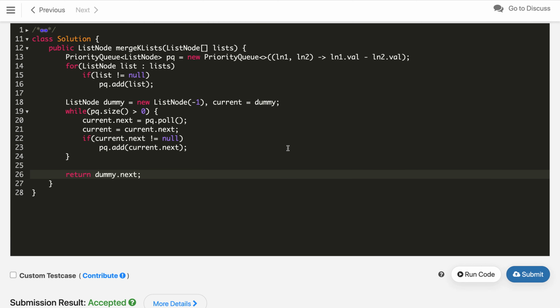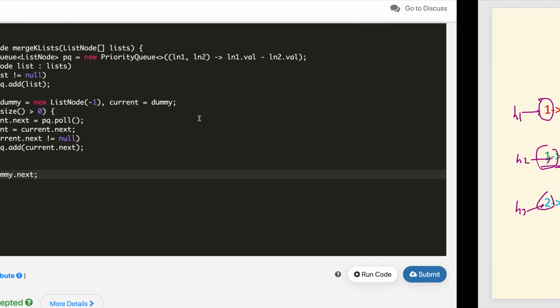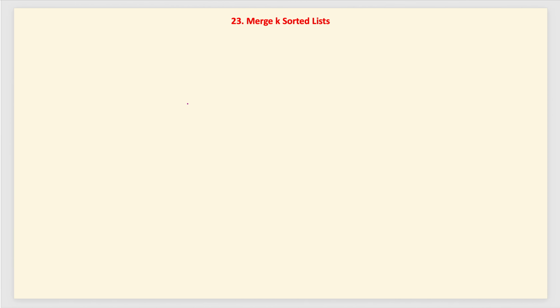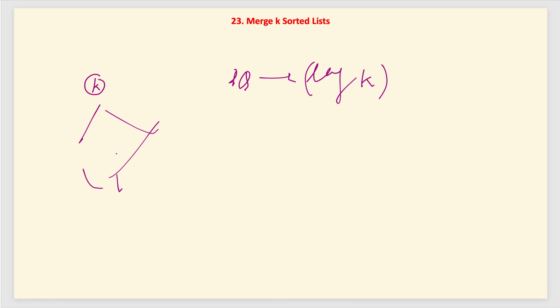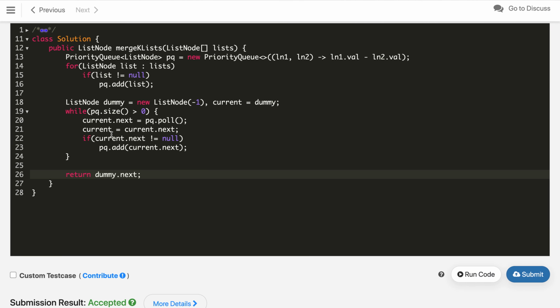Now what will be the time complexity of this solution? So let's understand it over here. As we will have k lists, at most every time we will have k elements in our priority queue. So that takes log k time to add an element in the priority queue, and there will be a total of n nodes in all the lists. So this will take n log k, multiplied by this time. So this is n log k, and for the space complexity, as we are reusing the existing list nodes, we are not creating anything new. So space is constant, which is O of 1.